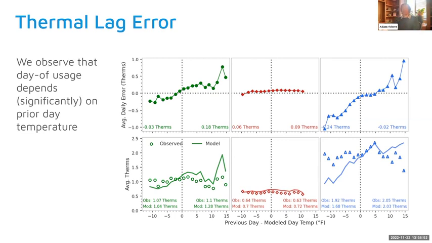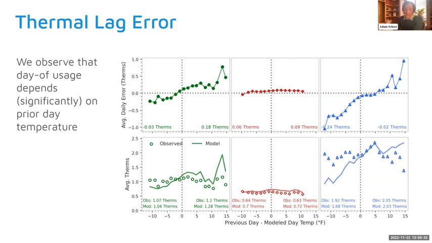That's the strongest one. So my question is, I thought I heard you say that to the left of 0 are where the previous days are colder than this day, but it looks like it's showing that the model is under predicting. And I would have thought that the thermal lag would mean that if the previous days were colder, the actuals would be less than the model, right? That there would be effects from the cold days dragging down the... Keep in mind that we're in the heating region here. Oh, right. Sorry. It's energy use. The model's under predicting in the... okay. Sorry. All good. It was a test. I wanted to see if anybody was following me. Yeah. Thank you for that.